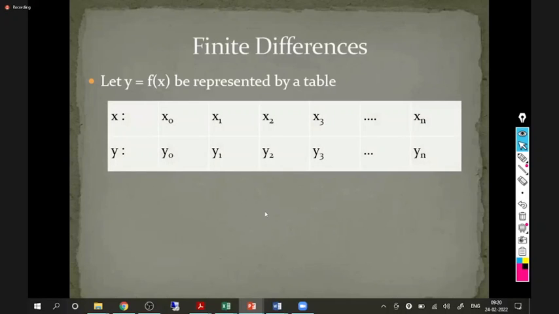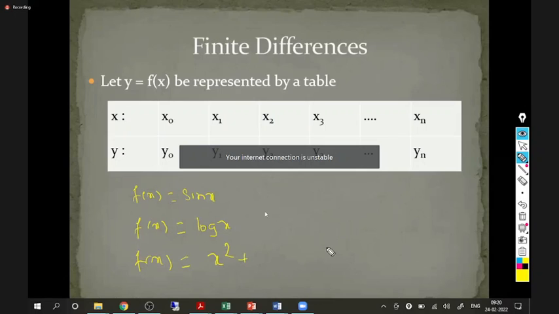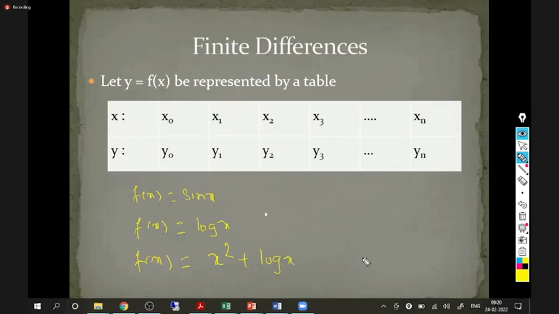Instead of giving f(x) equal to sin x, or log x, or some lengthy combination like x square plus log x plus tan x, we are given only some table values,